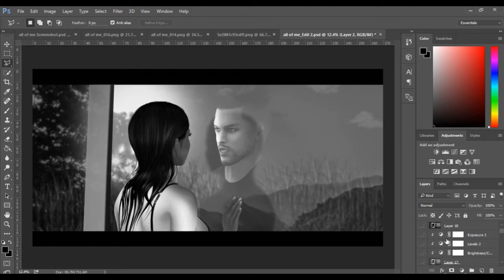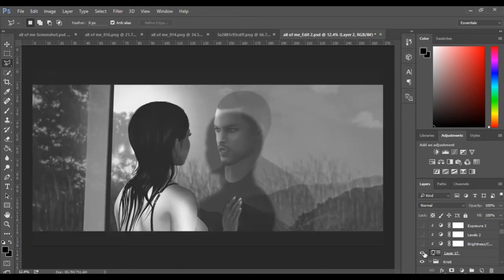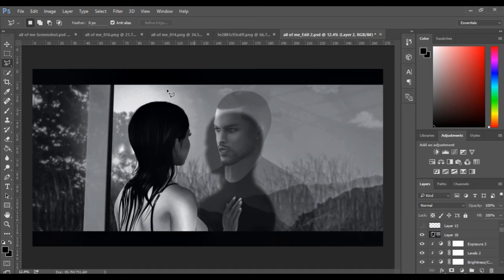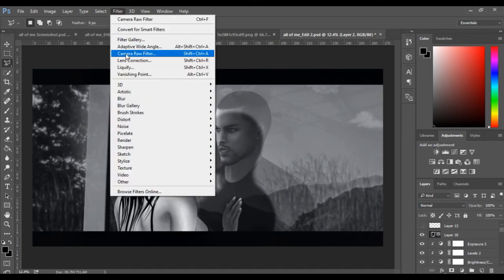Then, what did I do? I brought everything together by pressing Control, Shift, Alt and then E, and that stamps the image, and then I got this. Okay, and then I adjusted the brightness, the levels, the exposure, and then I stamped it again, and then with the Camera Raw filter, which is this one here,